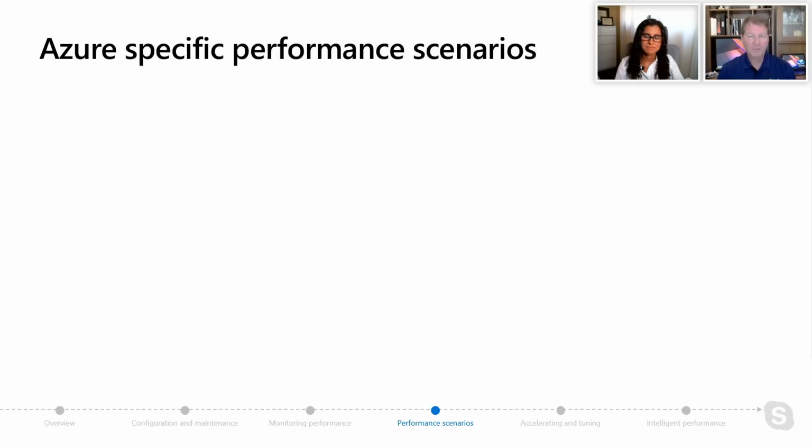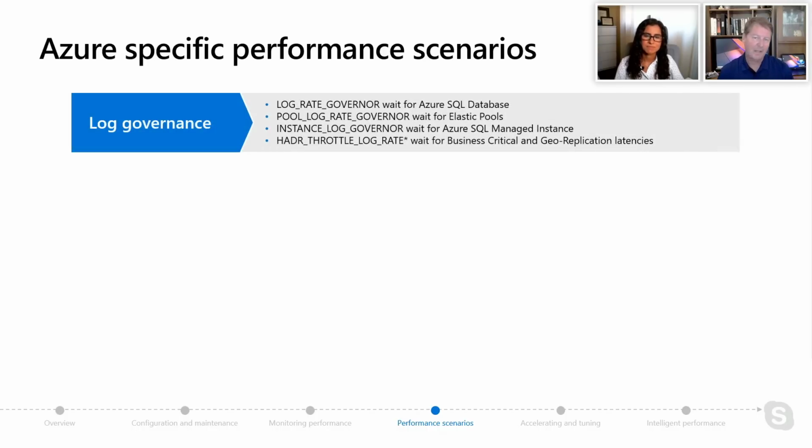So, we talked about those scenarios, running versus waiting, but is there anything specific to Azure? As it turns out, there are that you need to pay attention to. So first of all, transaction logging. In order to meet SLAs for things that we promised for availability, we cannot allow unlimited use of the transaction log. So we have a concept called log governance. And so we have specific rules in the engine, depending on what deployment option and vCore choices you've made, of how much rate of transaction log we should allow.